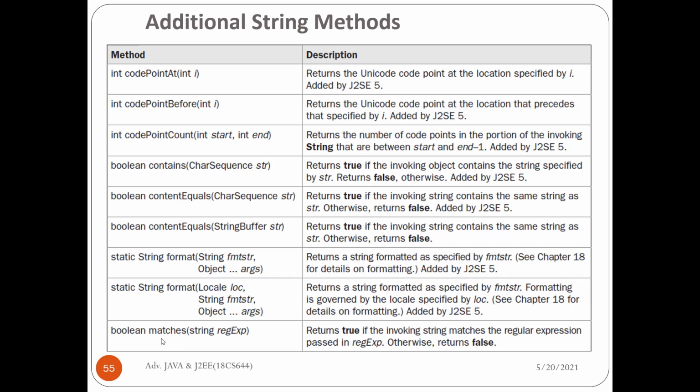Boolean matches. This particular method returns true if the invoking string matches the regular expression. The regular expression is passed over here. If the regular expression is matched in the given string, then it will return true, else it is false.